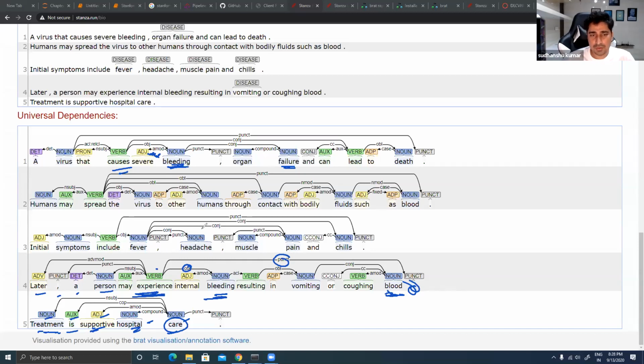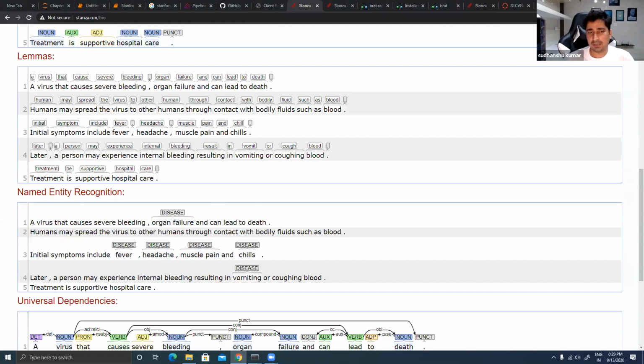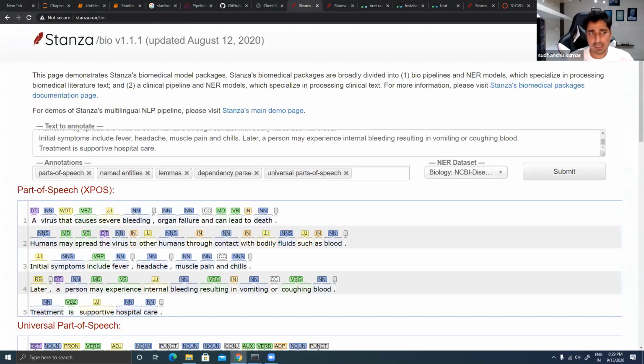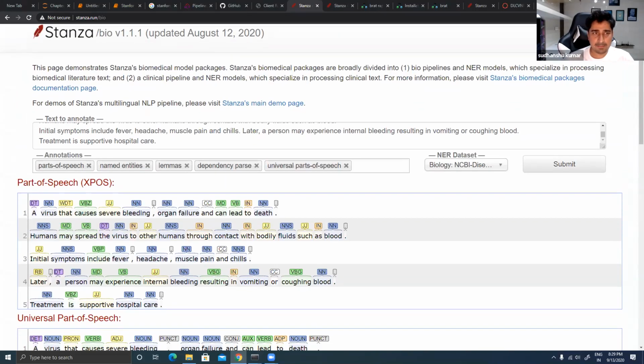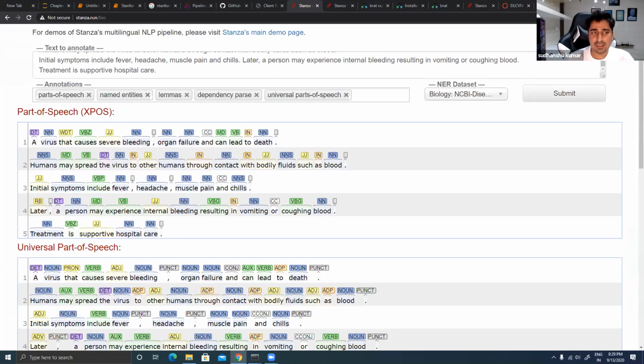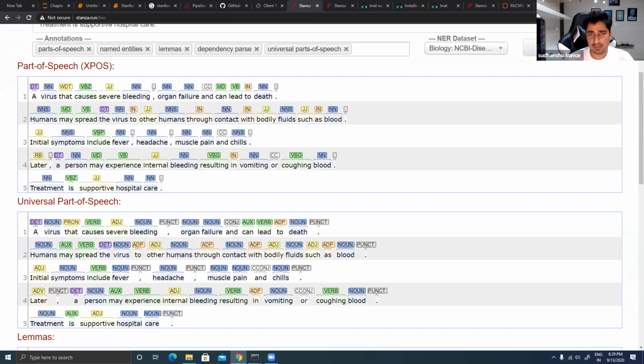This is just trying to show you how a machine will be able to learn, and how one thing is related to another. This is the kind of thing that you will find in a universal dependency. So again, you can load any of these models, you can pass your own data, and you will be able to test the exact same thing. Almost every library does that, right? But this is one of the advanced libraries. Again, it's a multilingual library. So you will be able to find these things in multiple languages, not only in English, because as language changes, the grammar is going to change. Grammar is not going to be the same for each and every language.